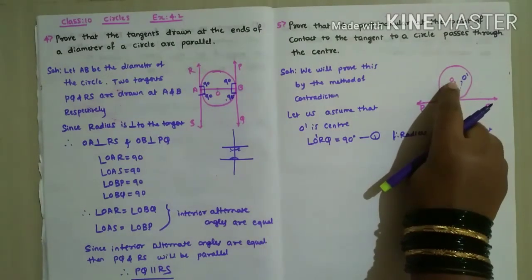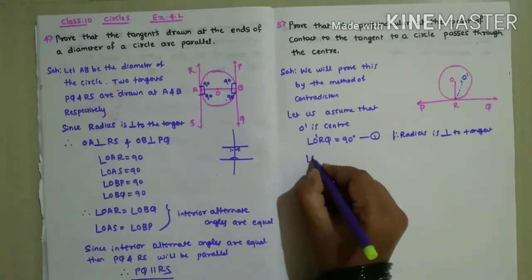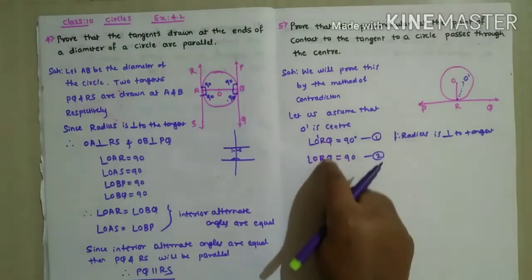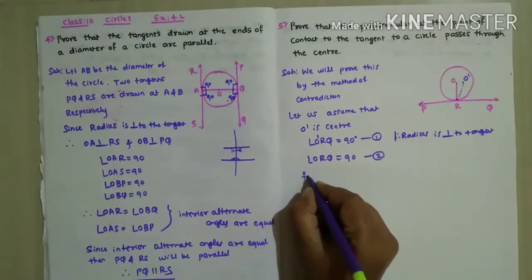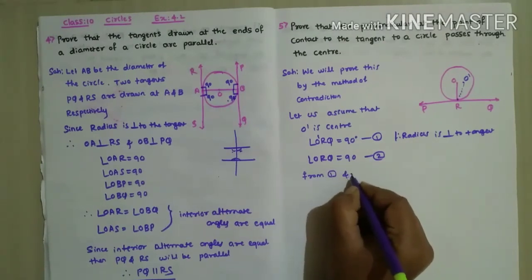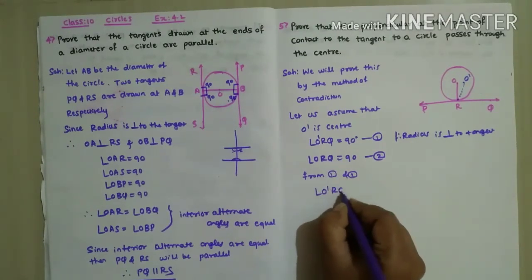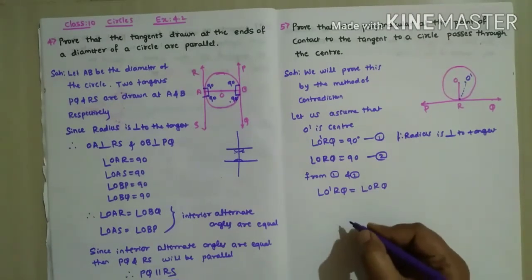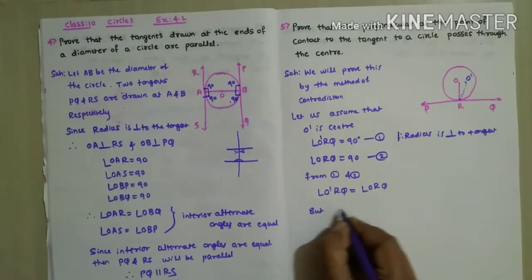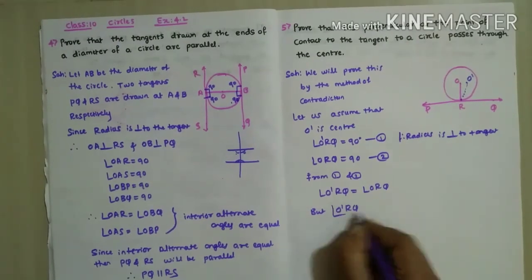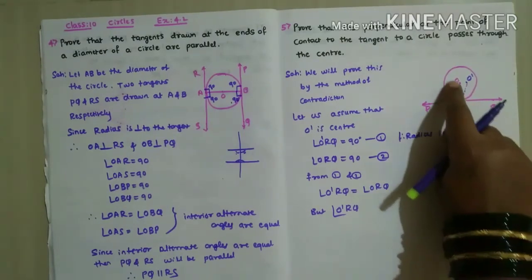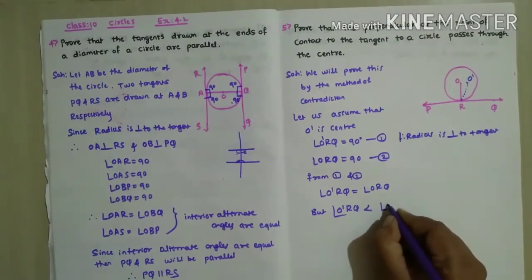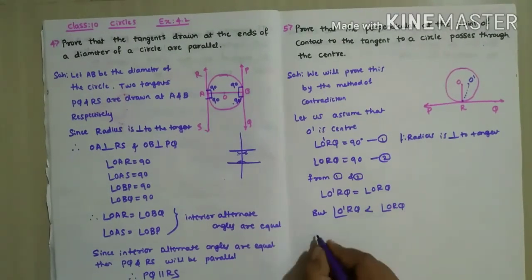Now already they have given that O is the center. So ORQ is also equal to 90 degrees. This is equation 2. Now from 1 and 2, both are equal. Therefore, from 1 and 2, O dash RQ is equal to ORQ. But it is wrong. O dash RQ is smaller than ORQ. By seeing this diagram only we can identify it is smaller than ORQ. Therefore,